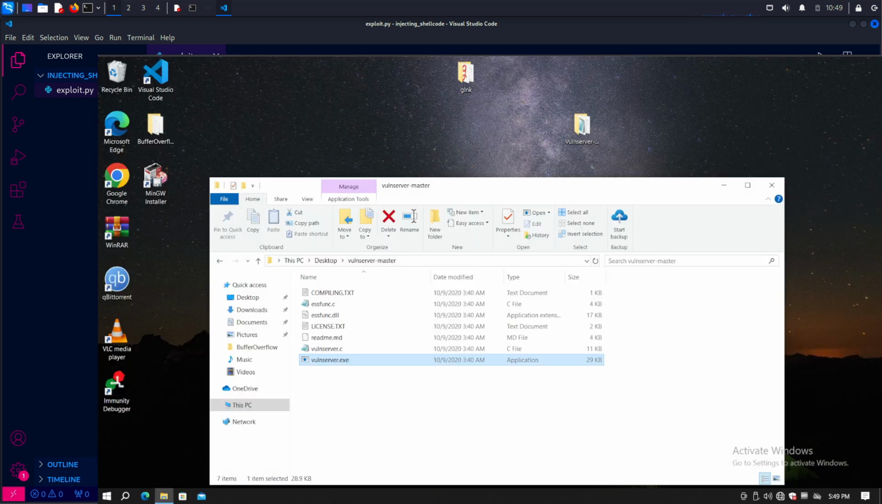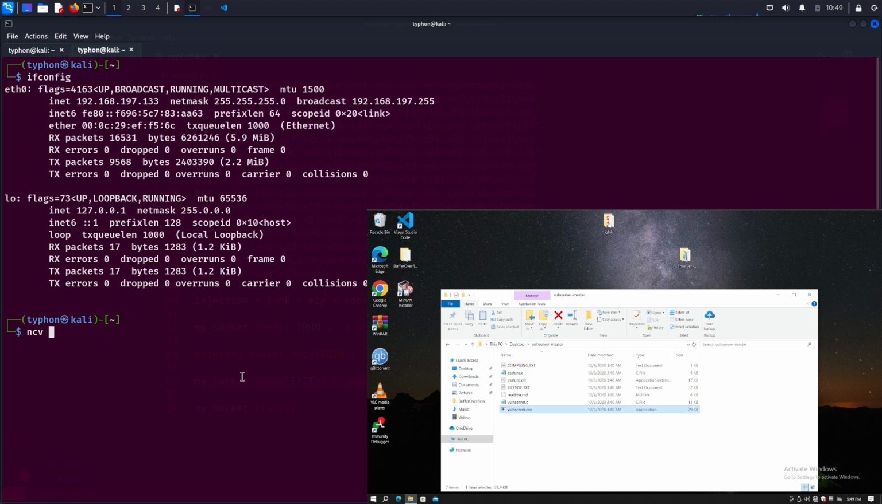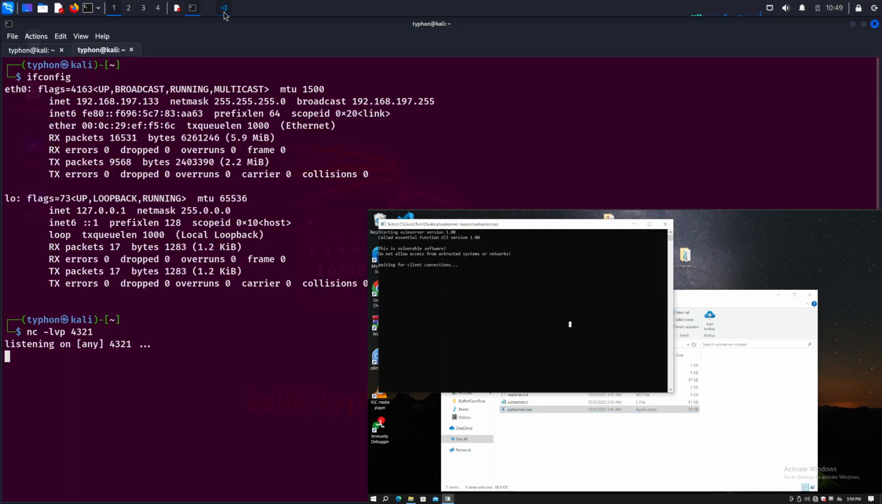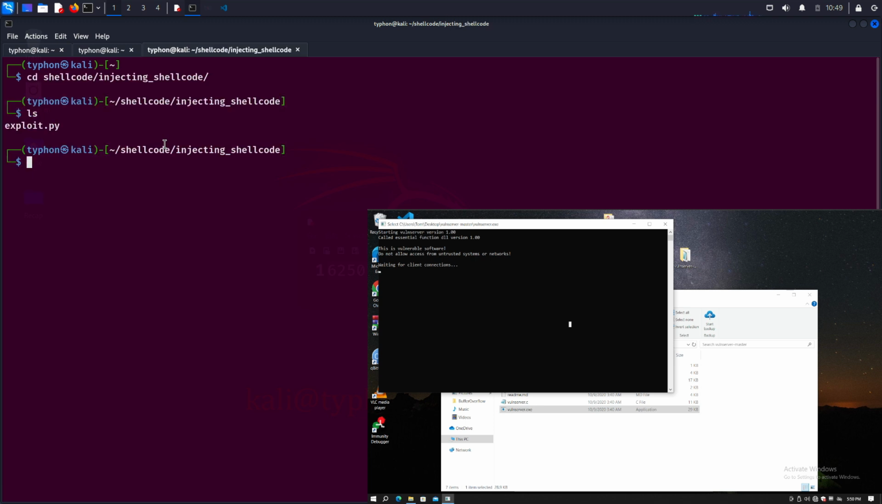We will also, let's open the windows here. Go back to CMD and see here, LVP 4321. We are now listening for any connection on port 4321. We'll also open vulnserver, and on the other side we will run the shellcode python .py, and as you can see here,